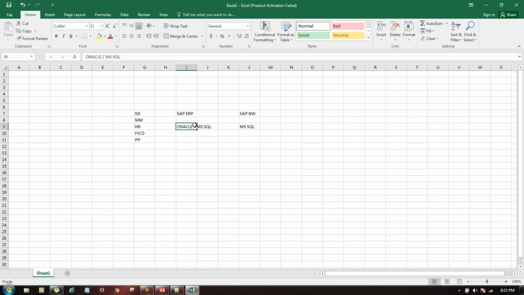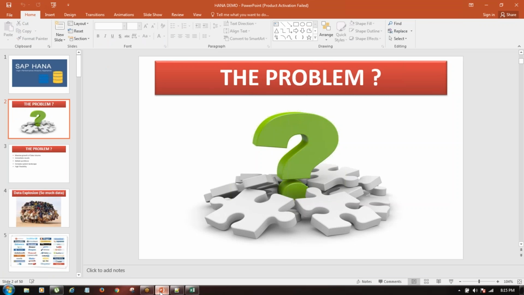Since these are third-party applications, SAP doesn't have any access to change them. That's the reason they started depending on their own application and started designing it. But when they decided to design their own application, they then had to sell it to the customers. The customers already have existing databases with plenty of data, huge data. So once you design and release a new product into the market, just labeling it as an SAP RDBMS, a database management system,